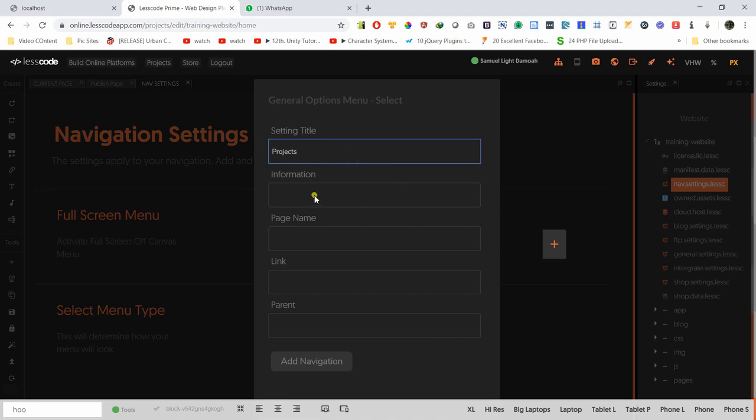Now the title and information is for you to actually know what the page is about. So page about project. It doesn't really matter what you write there. These three are important. The first, the page name, is what's going to show on the website. So I'm just going to say projects,